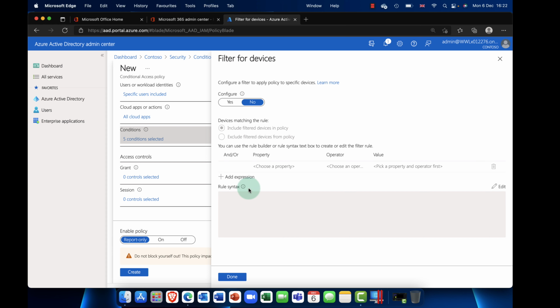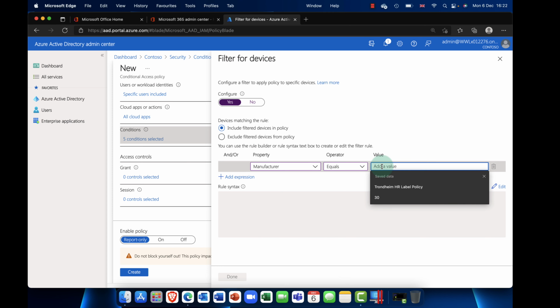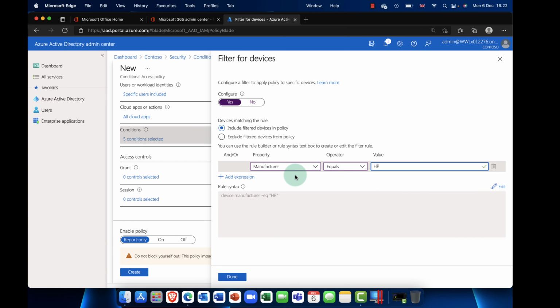And this is yet another example of how Microsoft are introducing attribute-based authentication. So check it out. Remember, this is a condition. So my users must be running a device in this filtered policy. And this is attribute-based authentication. So I will say, okay, if the device ID, so the serial number, display name, who owns the device, if it's compliant, manufacturer. So I could say, okay, if the manufacturer equals, let's say HP, okay,